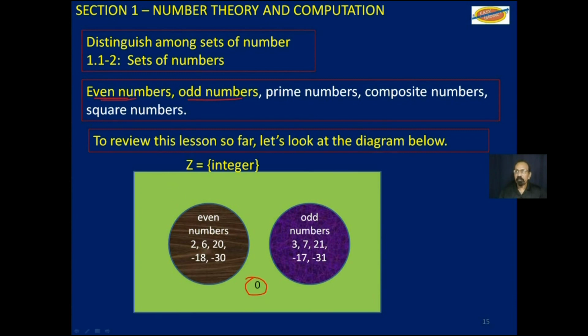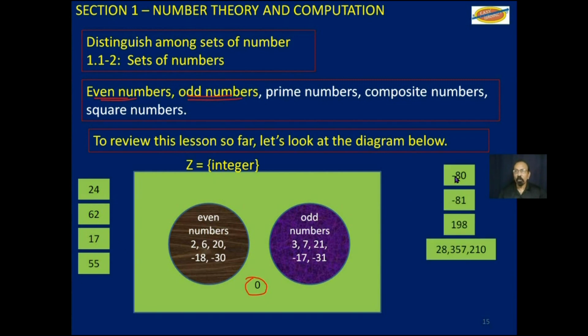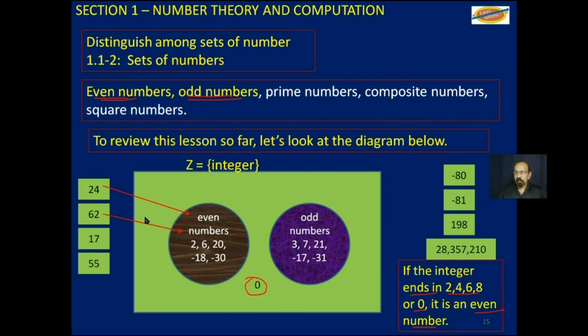So far we know what even numbers are, we know what odd numbers are. Take 24, for example, and 62, and 17, and 55, and so on. Where will we put these? Well, if the integer ends in 2, 4, 6, 8, or 0, it is an even number. So 24 is an even number, 62 is an even number, 17 is an odd number, 55 is an odd